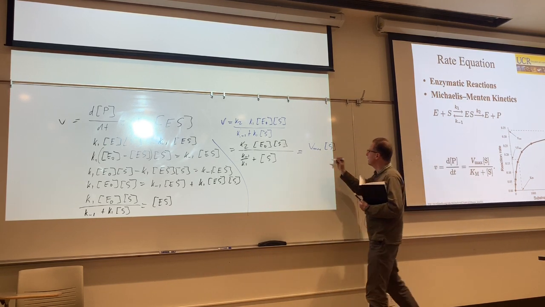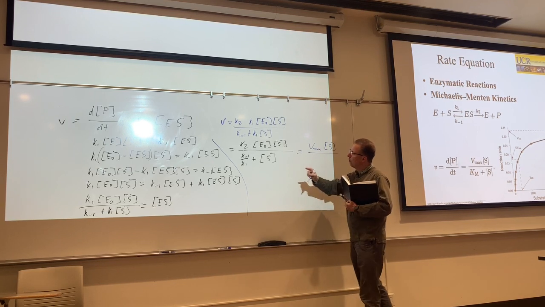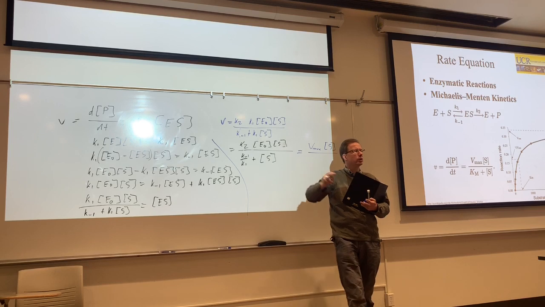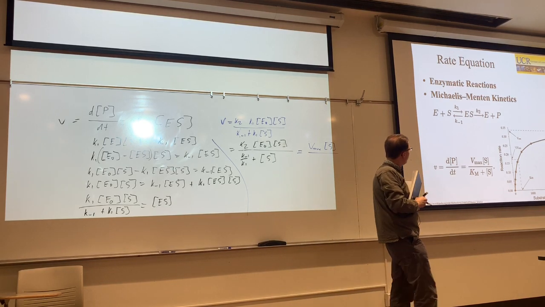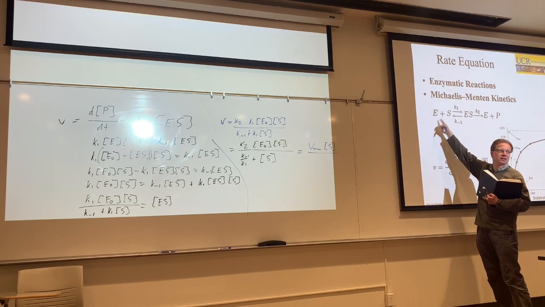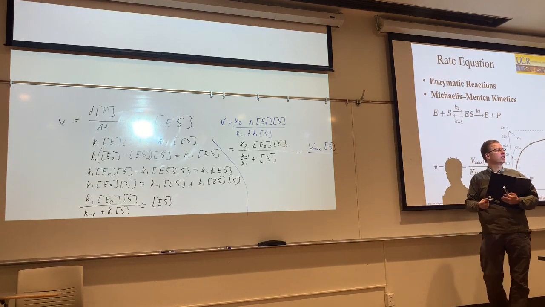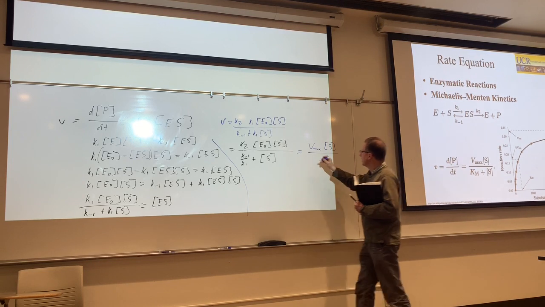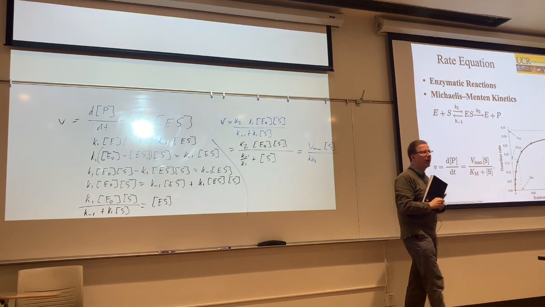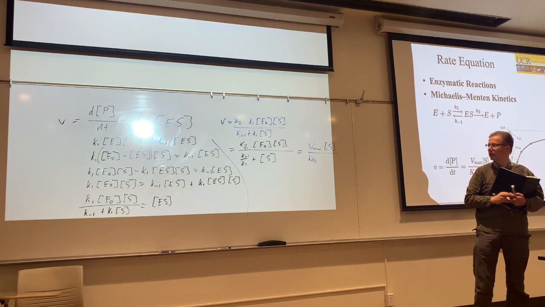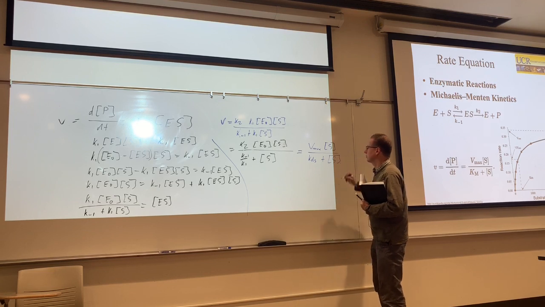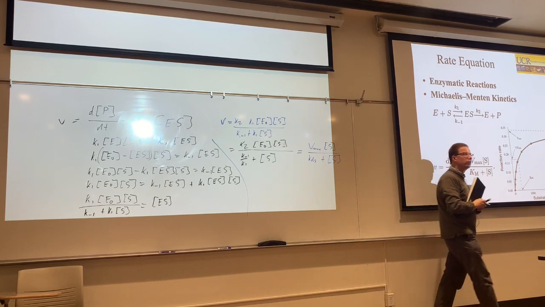And the whole thing is divided by the backward over the forward reaction. So the whole thing is divided by something which governs the backward reaction over here. So that one is the dissociation constant of the enzyme substrate complex plus the concentration of the substrate. So if you want to look at